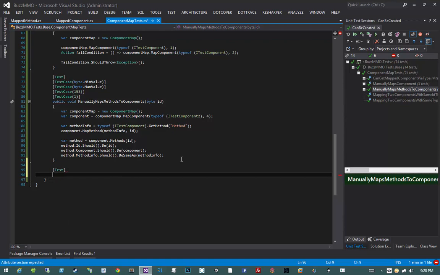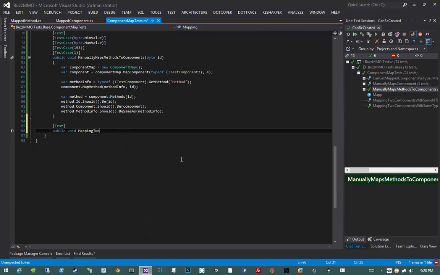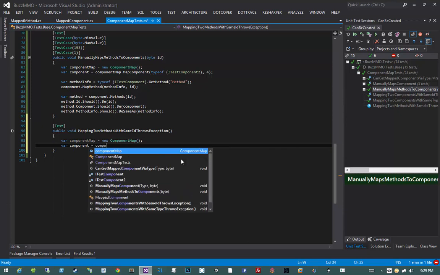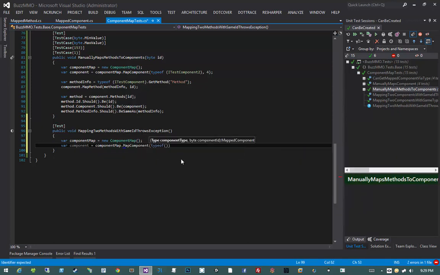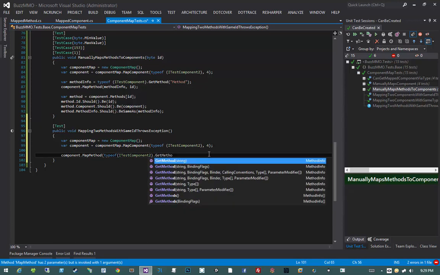Now let's go ahead and ensure that we get that error if we're trying to assign the same method twice. So public void, how did I do that? Mapping, okay. Mapping to methods with same ID throws exception. We'll arrange with a component map equals new component map. Var component equals component map dot map component type of iTest component, then let's say component dot map method type of iTest component, or sorry, I want iTest component 2 dot get method